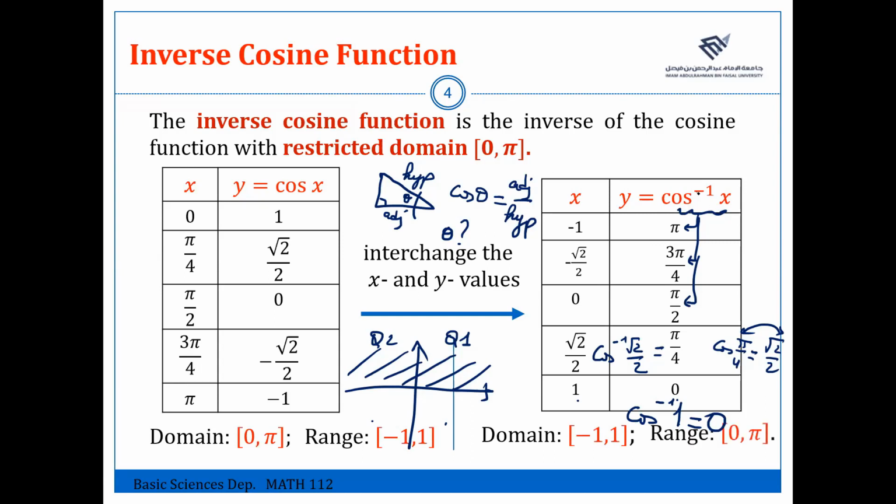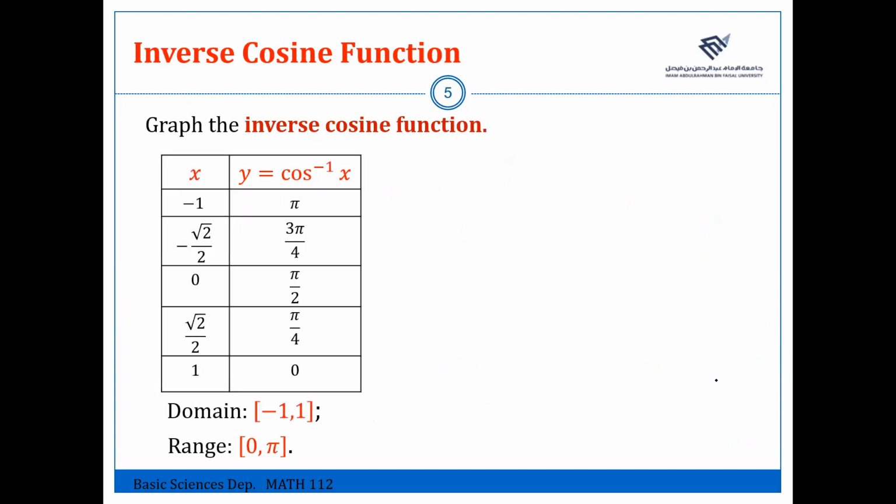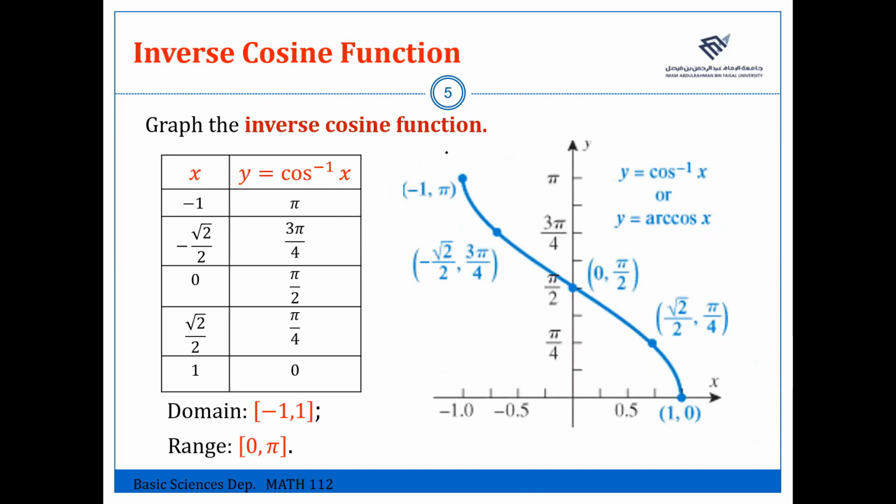Then this new function cosine inverse defined on minus 1, 1. This is the domain of the inverse cosine function. And the range, the output, the result is an angle with the value between 0 and pi. So this is the graph point by point. إذا عندنا البوينت minus 1 pi, البوينت minus square root of 2 over 2, 3 pi over 4. منين جبناهم هذا؟